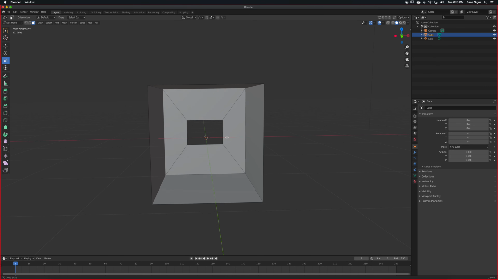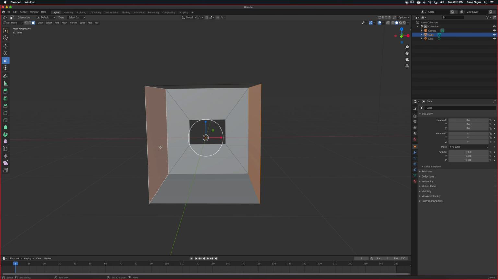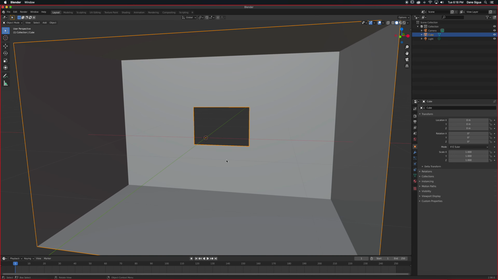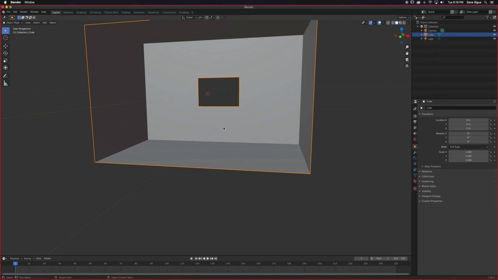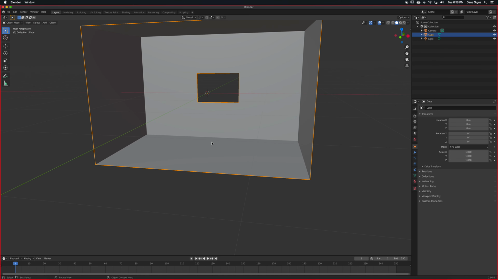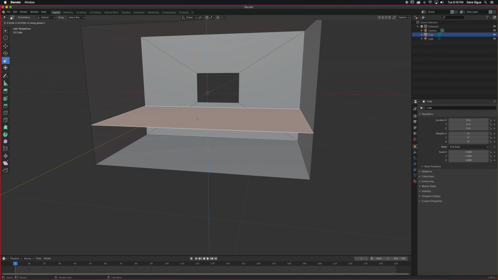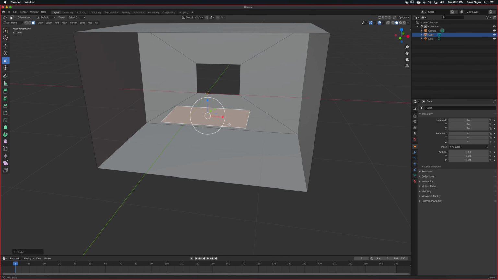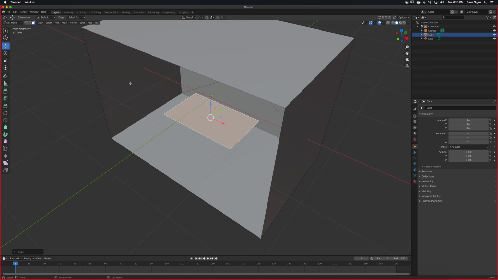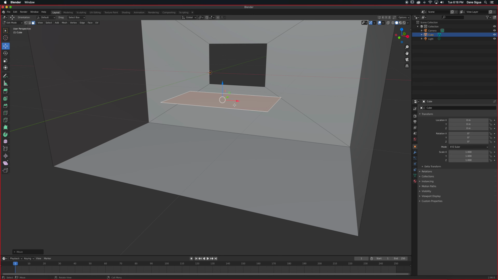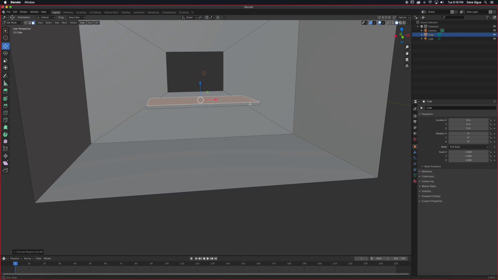So we have a window right there, and I'm going to select the sides right here. Okay, make it a little bit wide. All right, and let's make some tables and chairs. So I'm just going to make this simple. So I'm just going to be extracting things from the floor here. So I'm just going to duplicate that and then move it here and scale it so that becomes my table. Okay, I'm going to move that closer to the window. All right, and what I'll do is extrude that so that there's a little thickness right there.